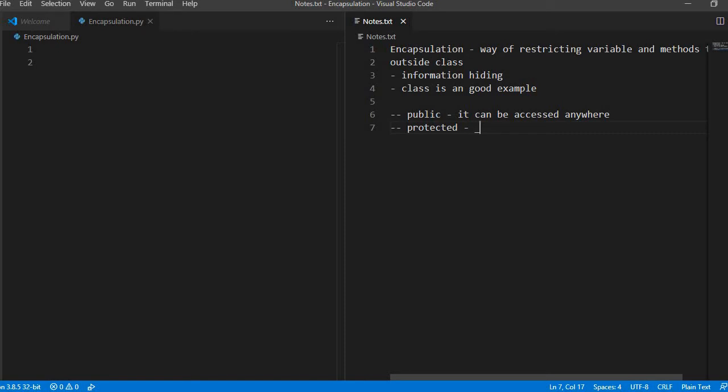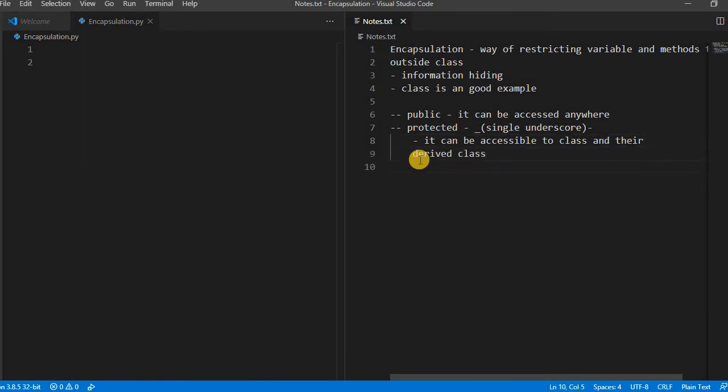By putting a single underscore before the variable or method name, we make it protected. Protected means it will be accessible to the class and its derived class, or child class, you can say.